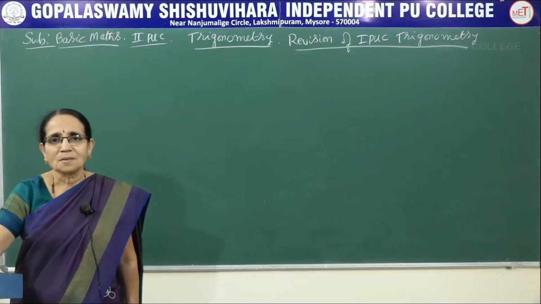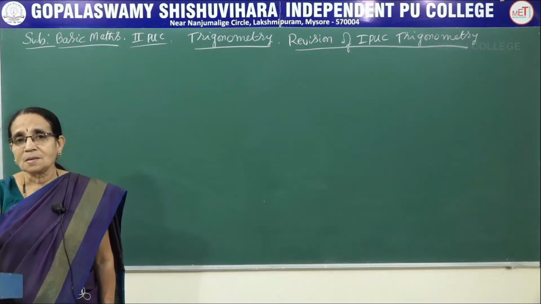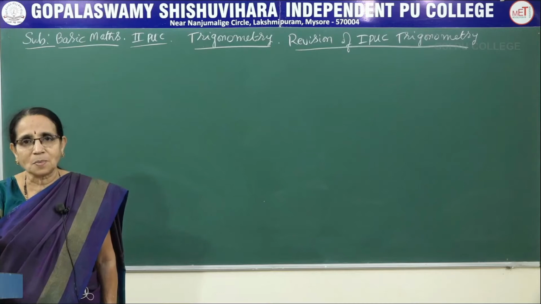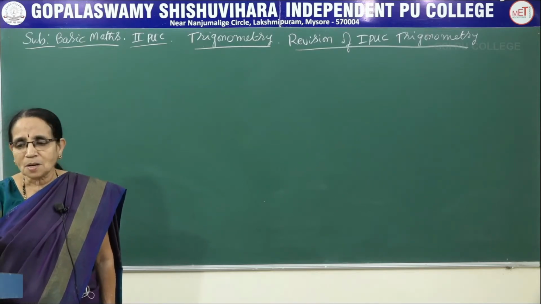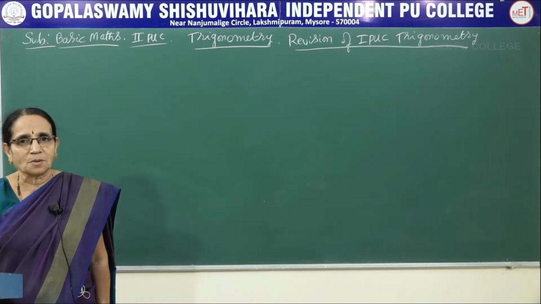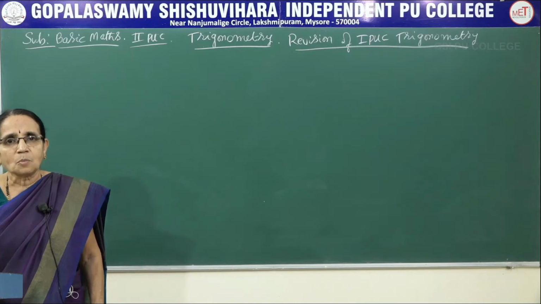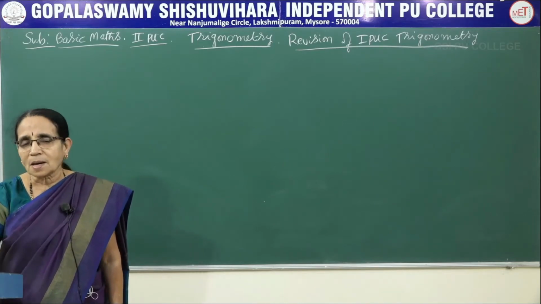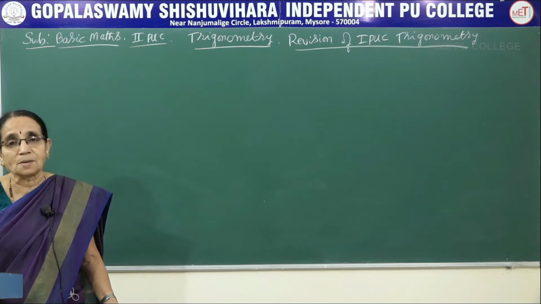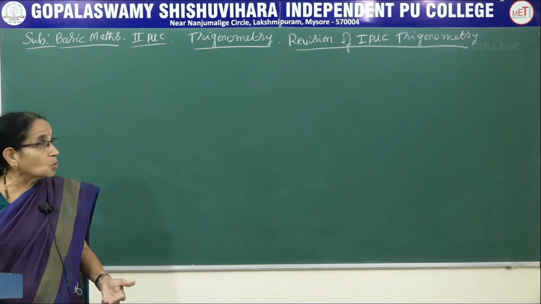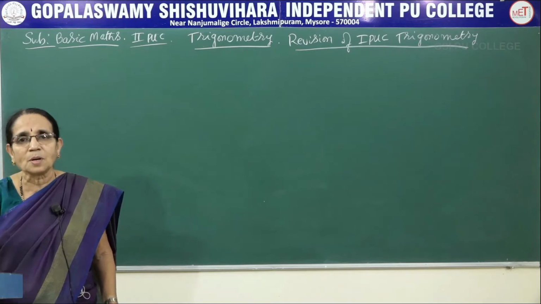Good morning, students. I am today starting trigonometry, the other branch of mathematics. While introducing the second PU syllabus, I had mentioned this particular branch, in which we will be having two chapters. The first chapter is about heights and distances, and in the second chapter, different types of angles, we will be discussing the formula, the rule, and how to derive them, all of them.